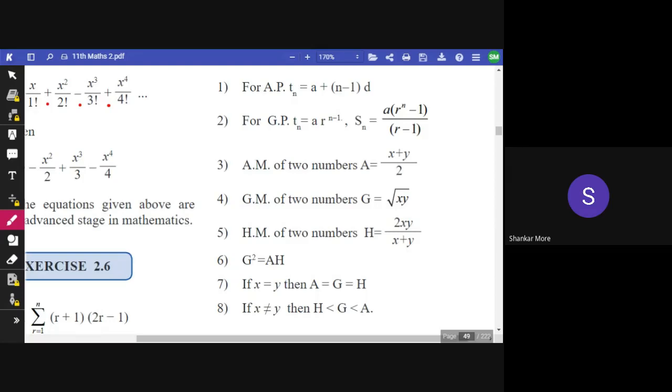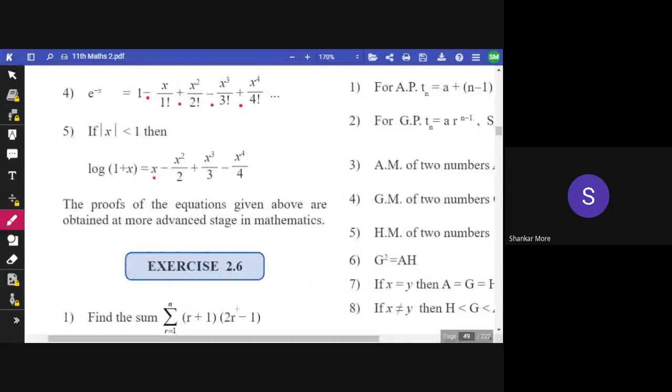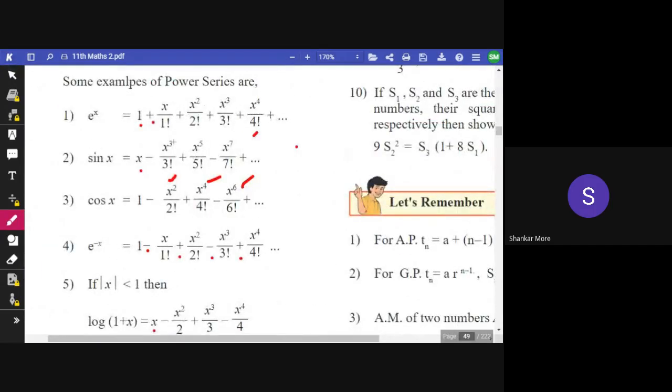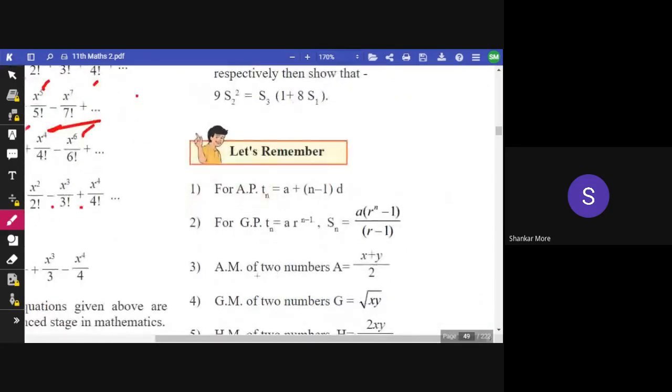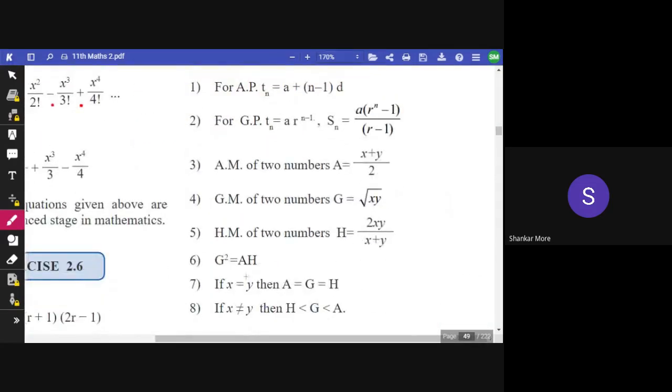What is the difference between sin x and cos x? If you are asking the difference with respect to trigonometry, then there is a lot of difference. And if you are asking about the power series, then in power series the powers of x are odd for sin and the powers of x are even for cos. Okay, so this is the difference. ठीक है, तो आपको ट्रिगोनोमेट्री मंगलम सर सिखा रहे हैं. You have to focus on trigonometry in the M1 class.